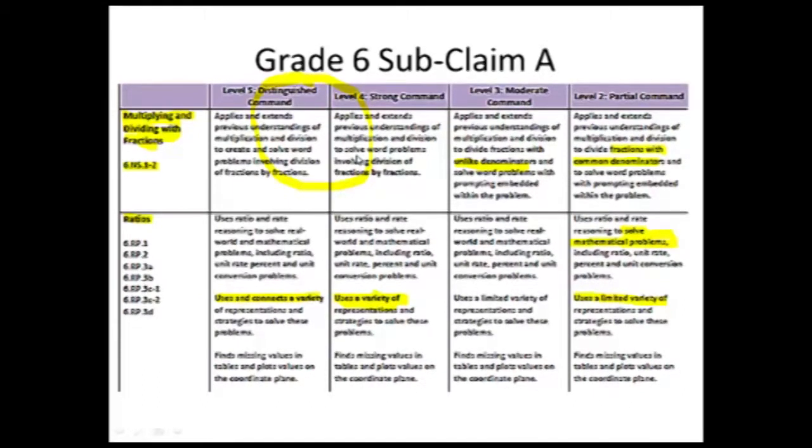The other thing to see here too is prompting embedded within the problem. And you'll see that a lot, that the scaffolding given to students who perform at a higher level decreases. So as I get to be a level 4 and level 5 student, the amount of scaffolding I am provided or prompting embedded within the problem decreases. So that gives you a snippet of what subclaim A looks like for 6th grade. Now let's look at